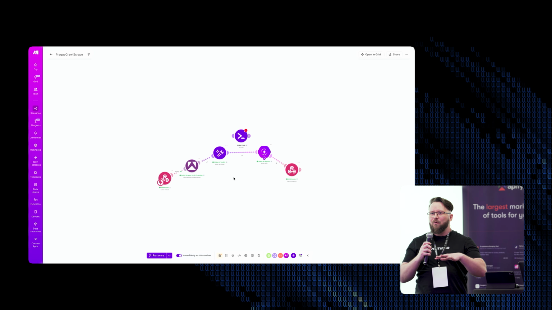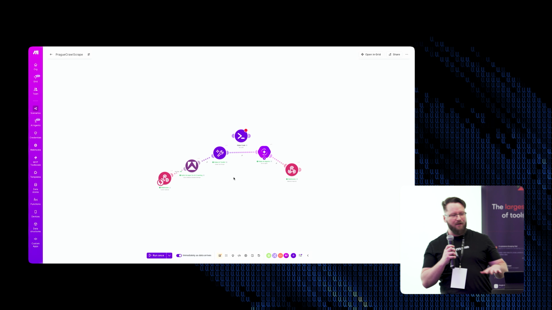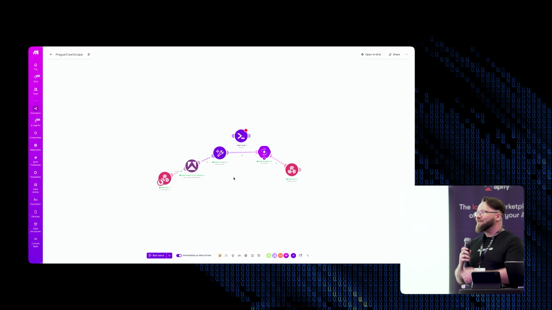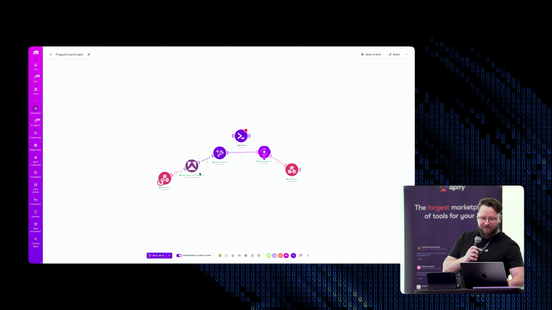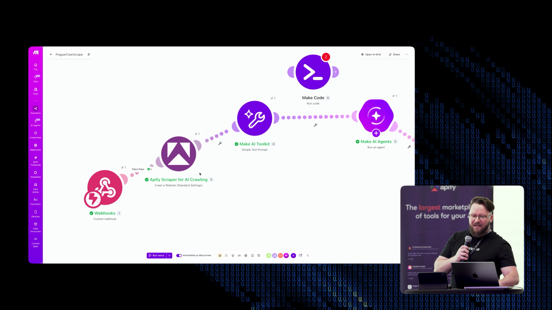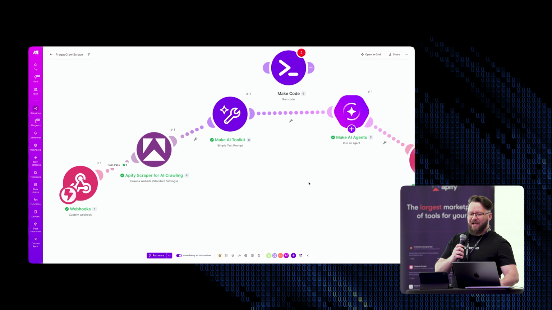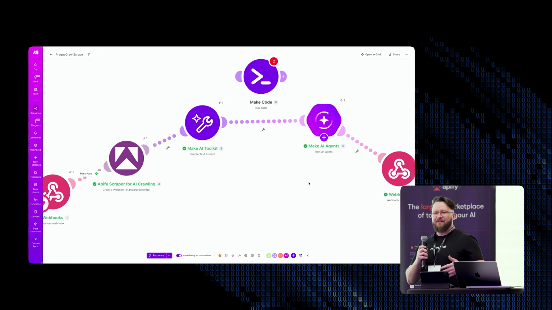We are just glue between all kinds of things that you can think of. One of them is Apify, which I'm using here for the actual scraping. And then we have all kinds of AI stuff in between to extract the information.